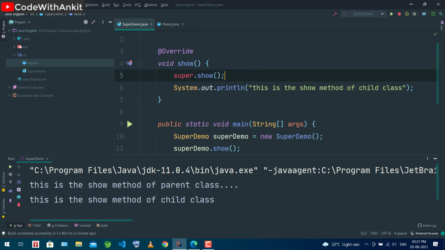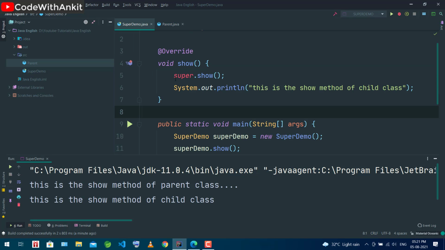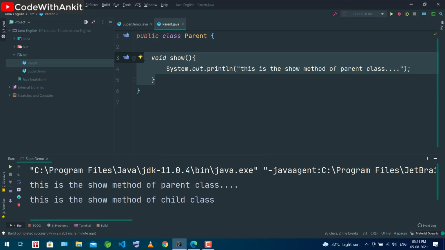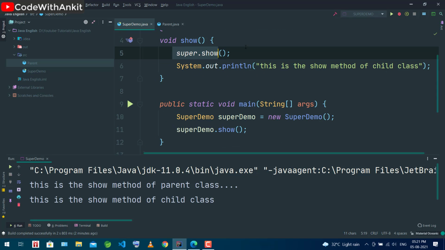That same thing is going on here. Super has the reference variable of the parent class. If it is not so, then how will it call the so method of the parent class? Am I right or not? Can you answer me? Write down in the comments whether you are getting my points or not. So the super keyword has the immediate parent class object. That's why we are able to call this method. So now we have learned the very first use of super keyword: that super keyword is used to invoke the parent class method.